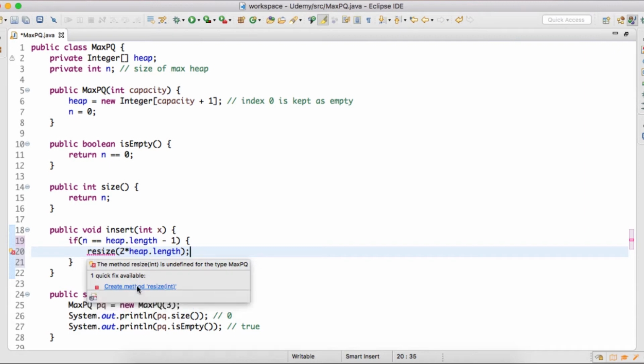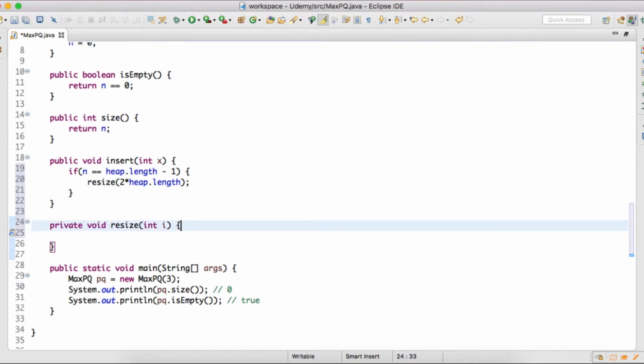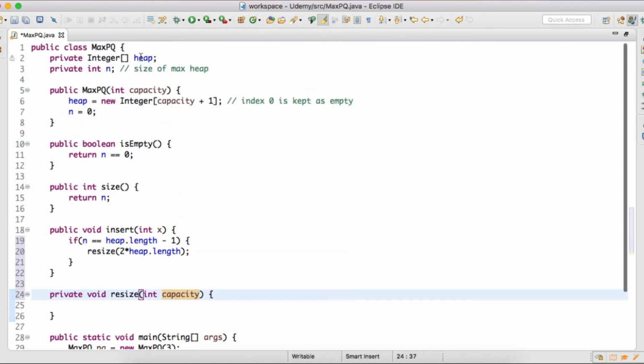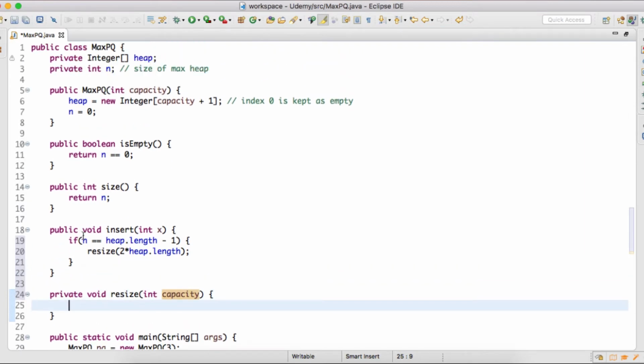Then we'll create a method resize. This resize method will take the new capacity of the array. Here, if the if condition comes out to be true, it means that the heap array is filled completely.